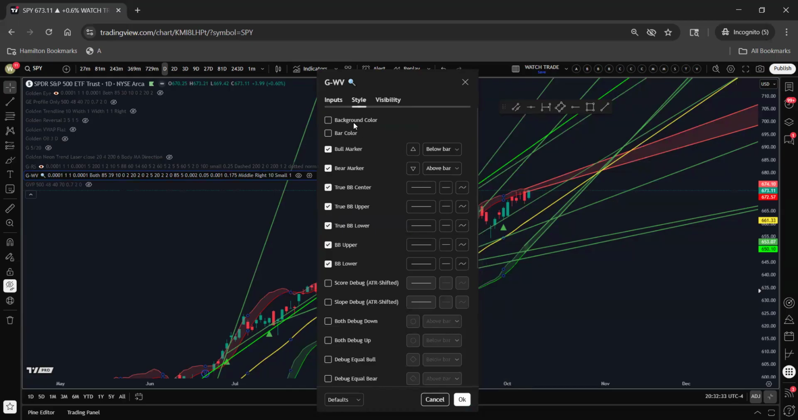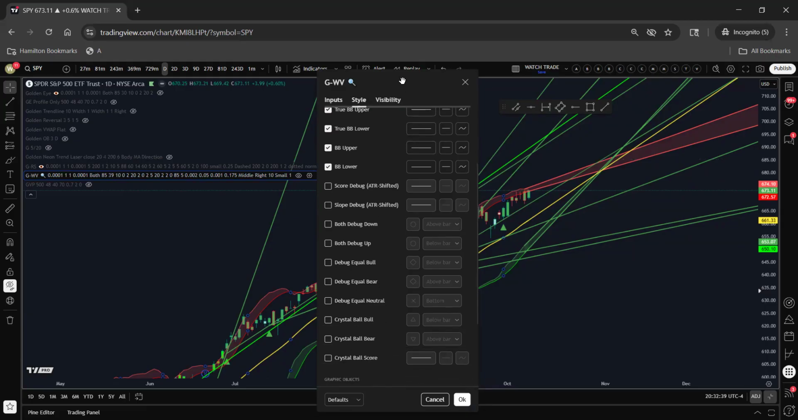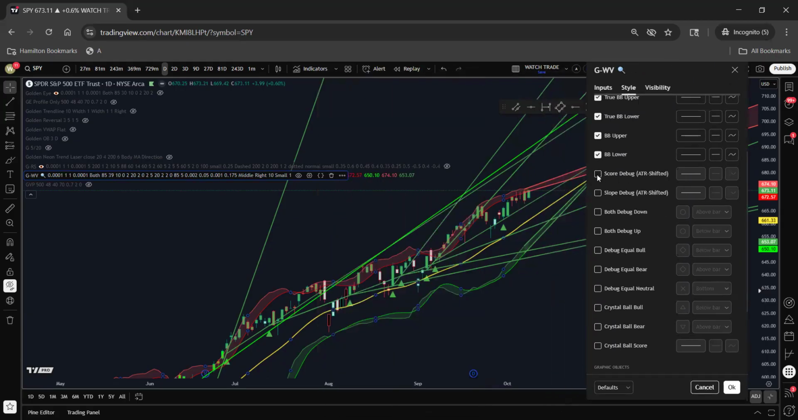I'm going to keep the background color off because that's a lot of noise, but typically I keep it on. The score and debug, I'm going to show you, but I typically keep it off because I don't need to keep it on, because I created an indicator that lets me know when they're mutually bullish or mutually bearish within this indicator. It'll be a signal that you can look at. So this is what basically